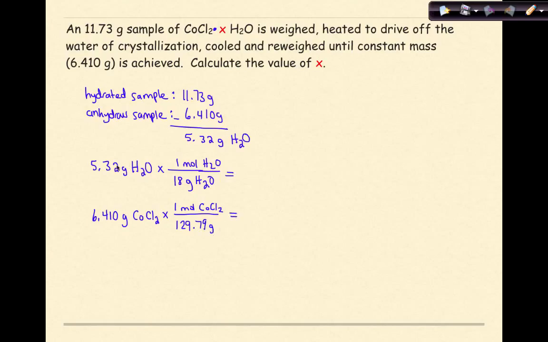Okay, so if I convert grams of water into moles of water, I get 0.295 moles of H2O. And if I convert grams of cobalt(II) chloride into moles of cobalt(II) chloride, I get 0.04938 moles of CoCl2. Alright, so all I've done, to summarize, I have my hydrated sample, I have my anhydrous sample,